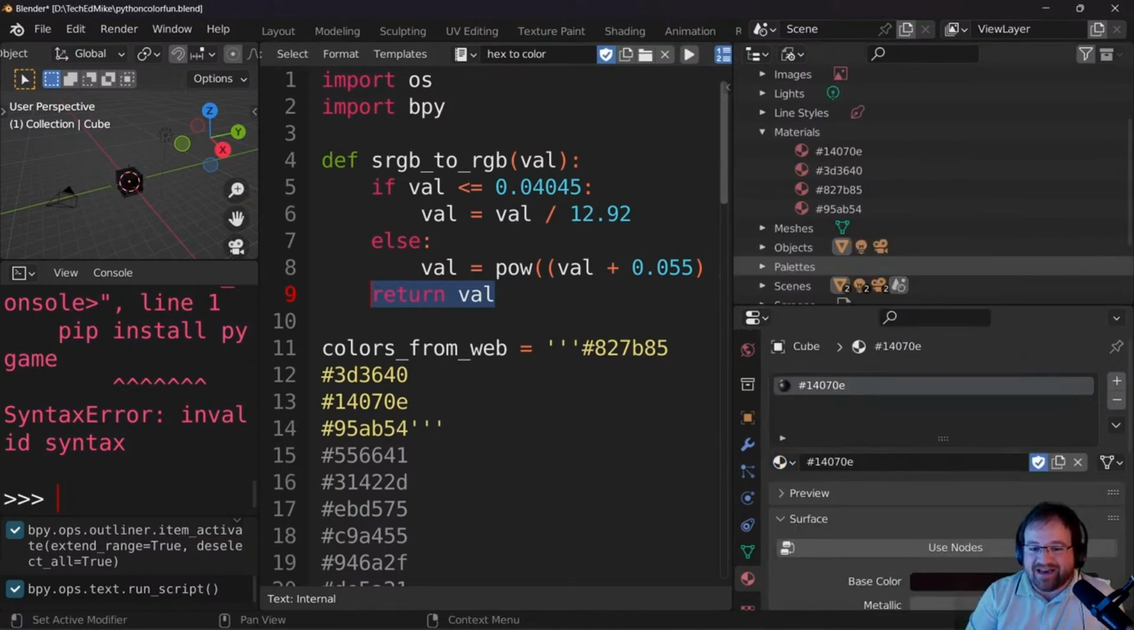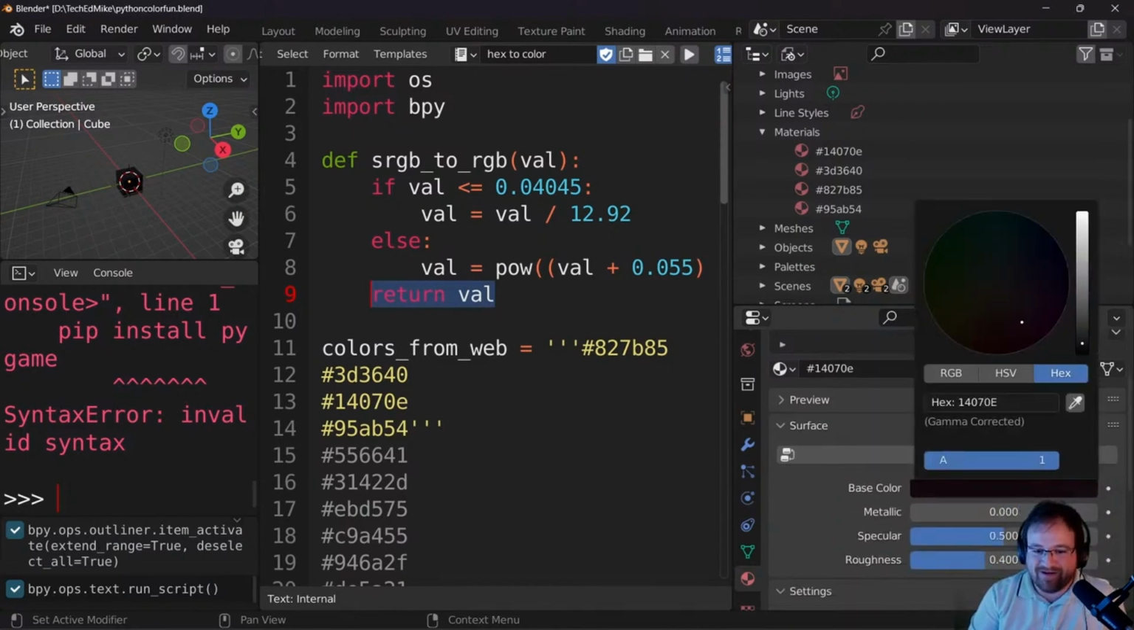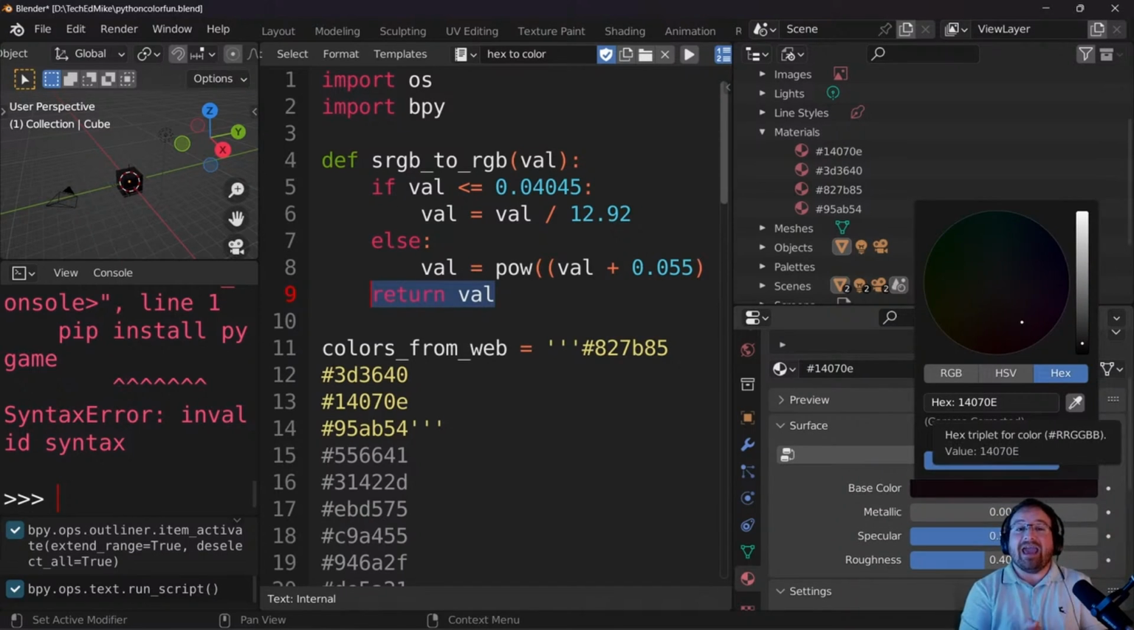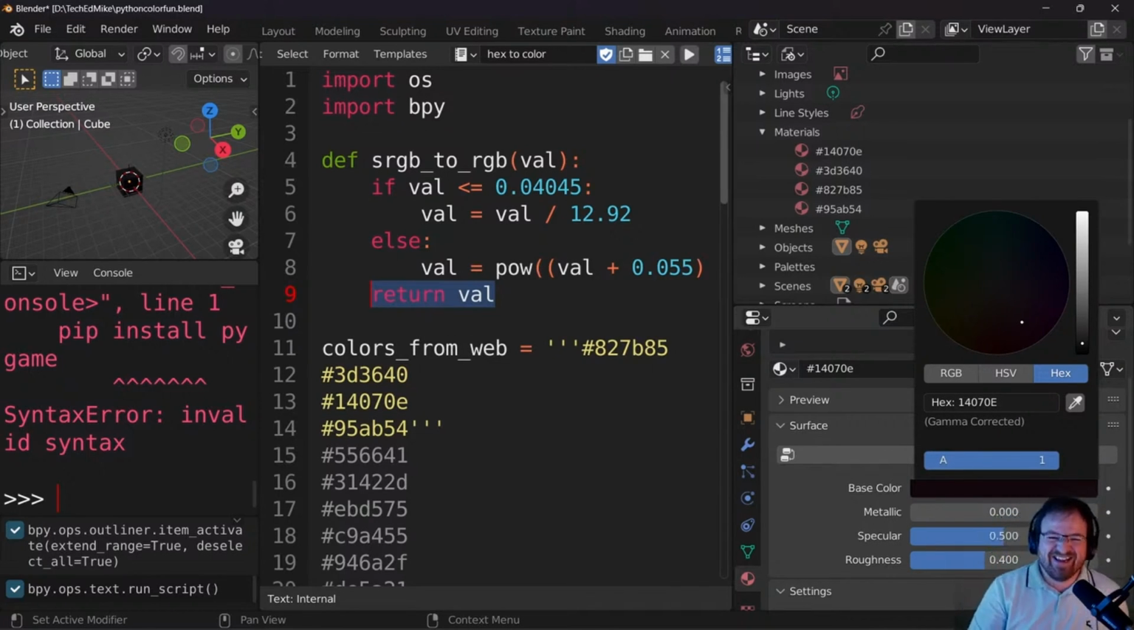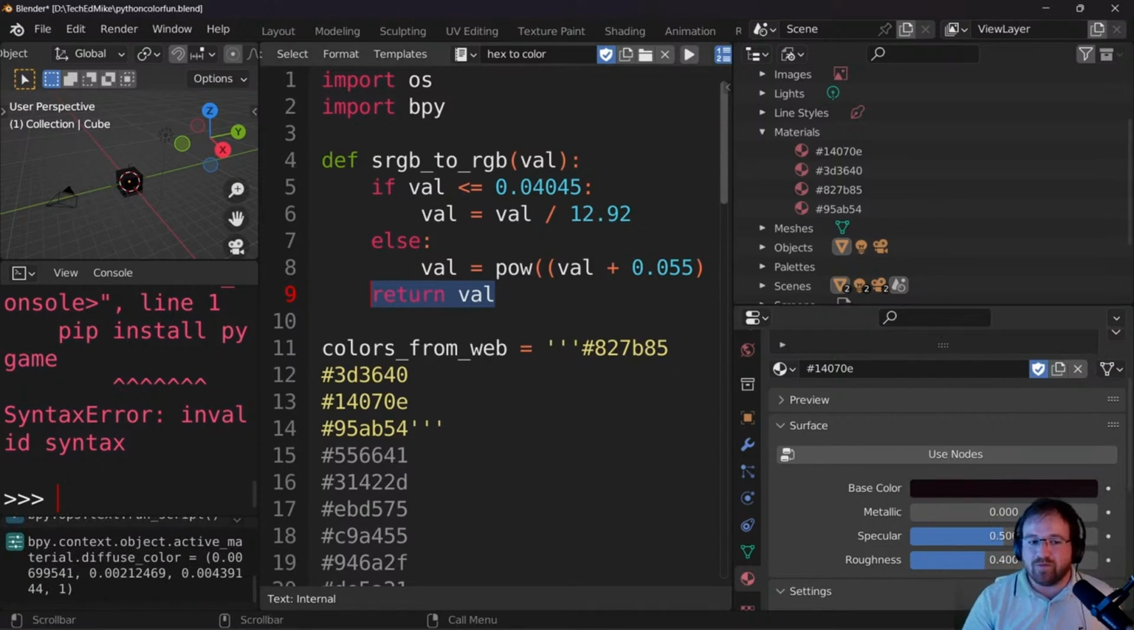Now, if we go ahead and have a look at this 14070E, it matches. We have gamma corrected it correctly. Right, where's the mute button for Yan? Okay, cool. So we've now got it actually changing it to the right value. Color space